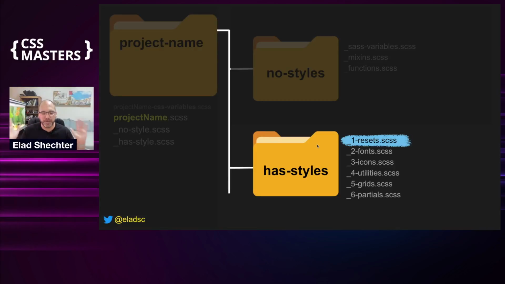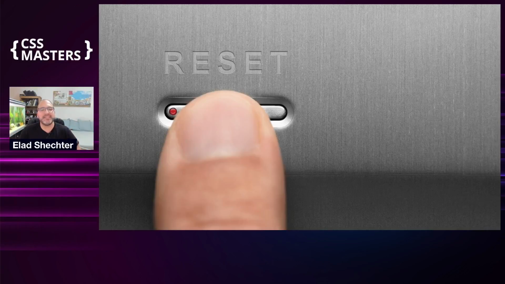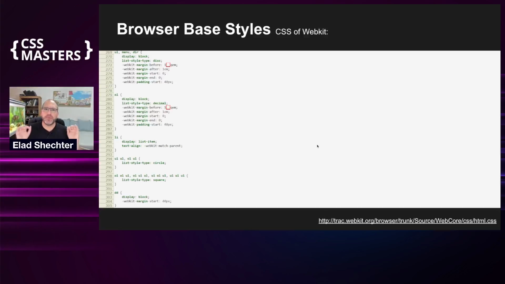Here we have all the other partials in our project that have style. For example, CSS Reset. And first you need to understand why we need CSS Reset in the first place. If you didn't know, every browser loads its own CSS styles. For example, because of that, we have the bullets on the list HTML element, and all the H1, H2, H3, H4 elements have different font size, different font weight, and even some margins. But the problem is that some of the browsers sometimes don't implement it in the same way. And this can create some inconsistent